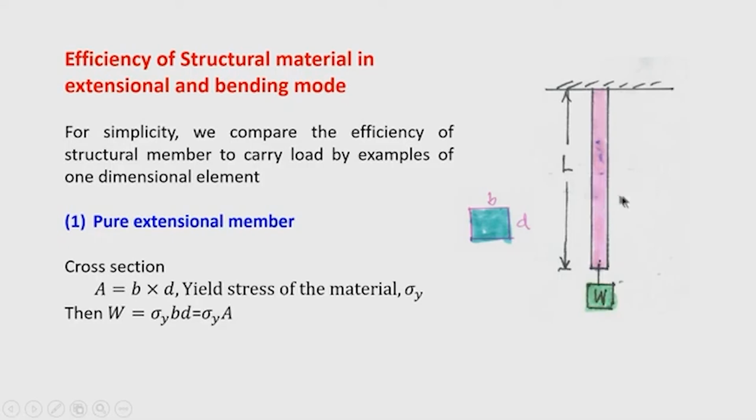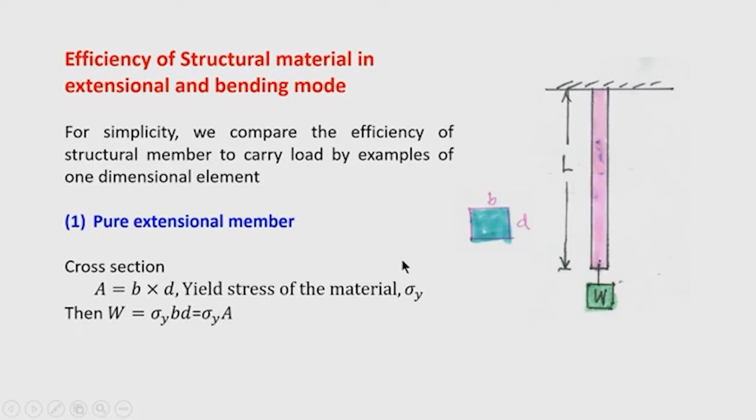Now, at the yield point, for example, it is a steel member, at the yield point this stress is considered as sigma y, and that we consider, for example, without factor of safety, I am considering this as the limit for comparing the efficiency of the material. So, in that case we can see W, the load that is resisted by the structure, is equal to sigma y into B d. What is sigma y? Sigma y is the yield stress of the material